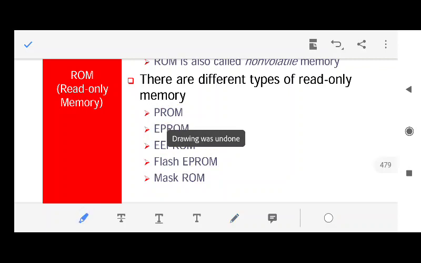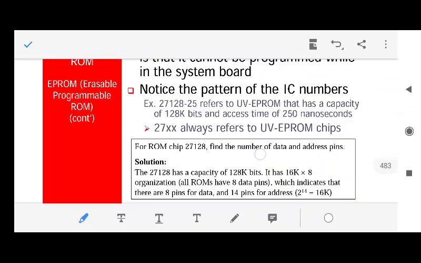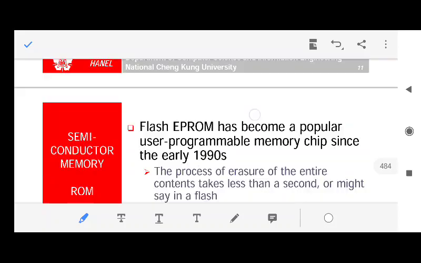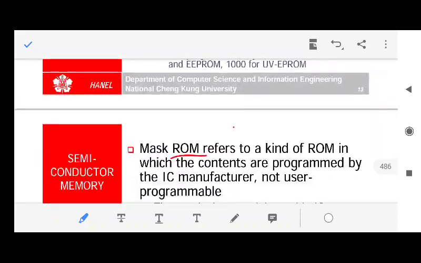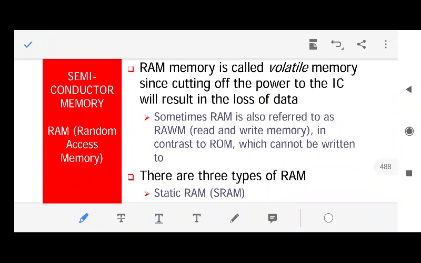So you will be interfacing these ROMs onto the 8051 microcontroller. Now it comes to RAM. Fine. So how are the different types of ROM defined? Different types of ROMs are defined by the way you are able to write the code on the ROM. Fine. This is how different types of ROM are defined or categorized. Now come to RAM. How are different types of RAM defined?